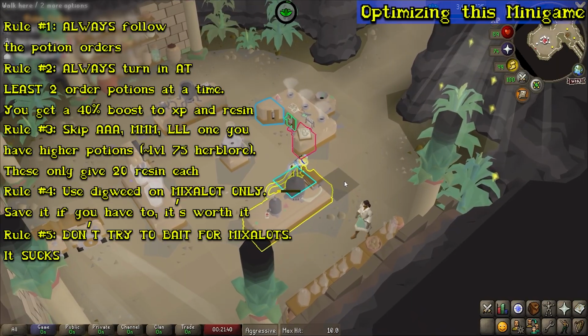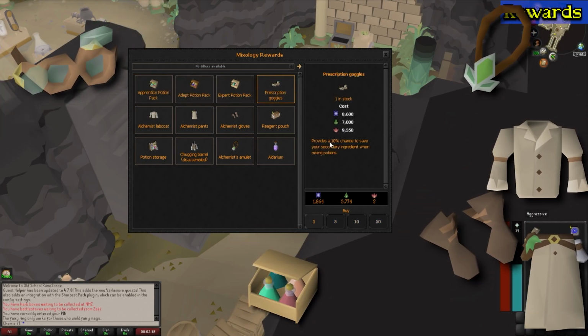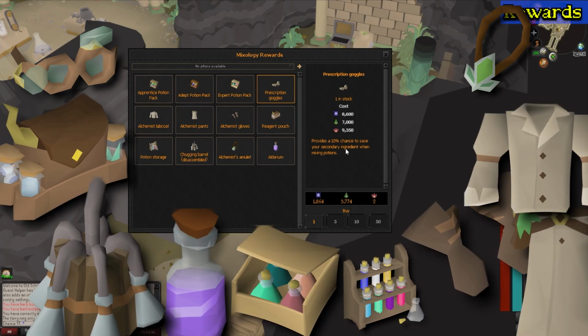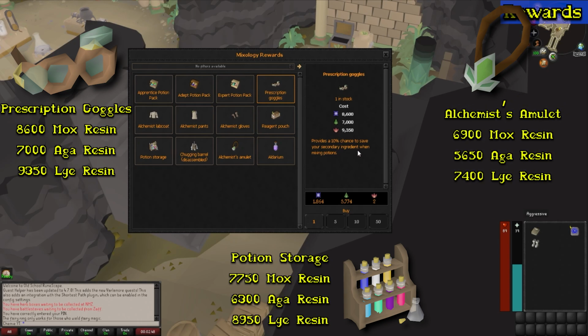Anyway, let's talk rewards. Mastering Mixology has a really good set of insanely helpful rewards. Potion packs, goggles, amulets, shitty cosmetic pieces. Jokes aside, there are 3 major rewards from this minigame everyone should gun for: the prescription goggles, potion storage, and alchemist's amulet. The goggles give you a 10% chance to save a secondary ingredient when making potions, which for anyone